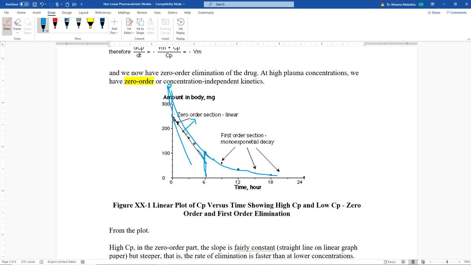If it were first order, more drug would have been eliminated. But because we have zero order here, we have less drug being eliminated at the given time. To make it clearer how this has a higher slope, yet is less than the first order elimination,